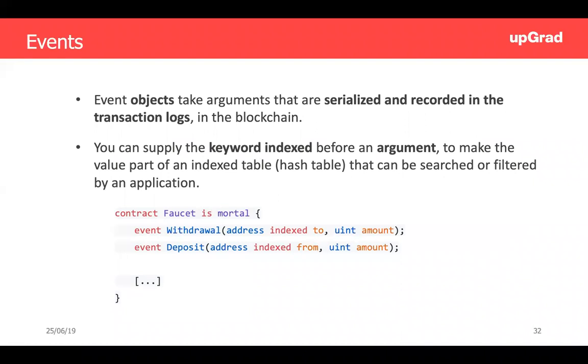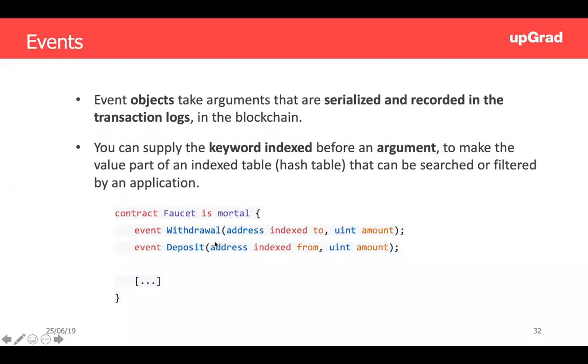This is how you essentially define the events. Okay, so if we have a contract which is, let's say, Faucet, right? This is an event that we've defined. We've said that the event is called Withdrawal. All right, and there are two variables inside of that event, right? One of them is an address variable, and then we've indexed it. So that means that the variable 2 is now indexed, so it can be used as a topic,